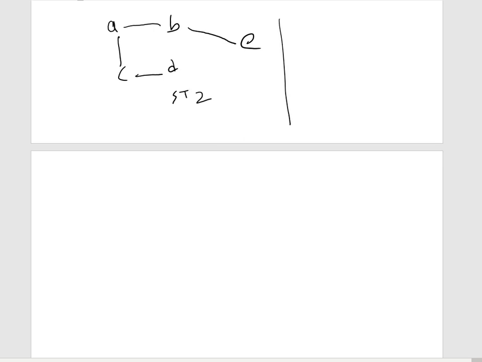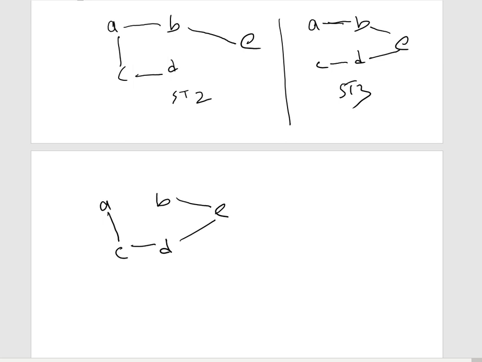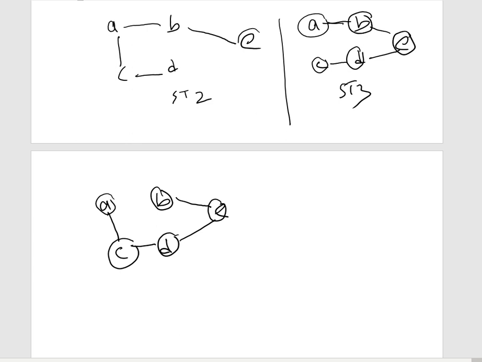Now let me draw another one. The vertices should be here. So this is also a spanning tree. And let me draw another spanning tree. These vertices should be there. So this is also a spanning tree. These are all the vertices. So if you see, all vertices means every node in graph G exists but no cycles are there. So this is called a spanning tree.